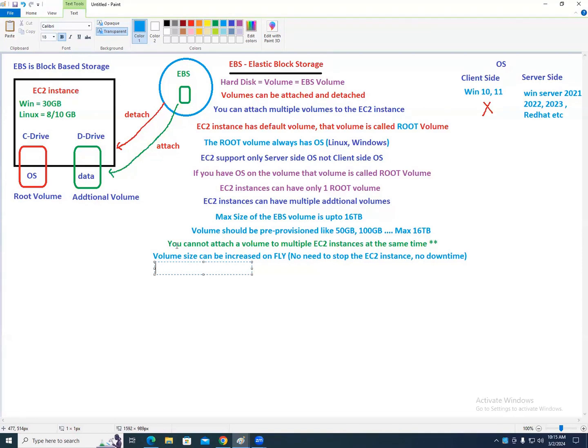What you need to do is delete it and then recreate it. Let's say, sir, what if I have my data inside it? Copy the data, delete it, create a new volume, put the data. Okay? So volume size cannot be decreased. This is all real time. Delete the volume and recreate it based on the requirement.